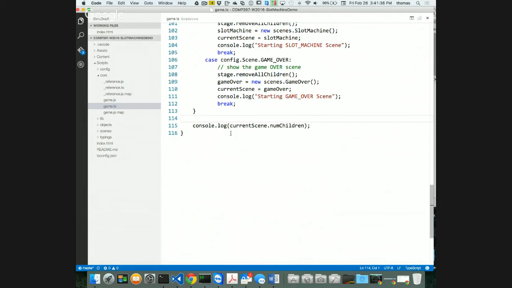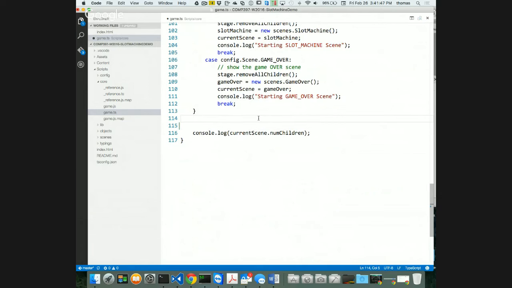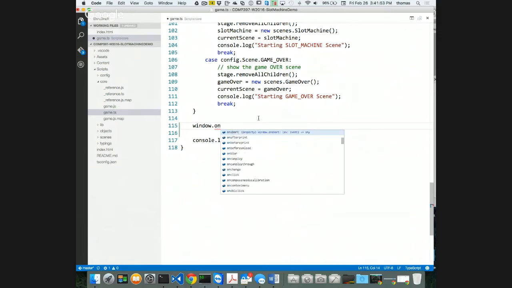The other way to do it is window on load, right? So you can do one of these. So at the end, let's say underneath, before your scene is called, before this is happening, because I just have a little log to see how many elements are in my scene, I just do a window, and the window object is available, because it's part of the window. And then on load, which is equivalent to what I did before with the body tag. Window on load is equal to, and then you reference it, what